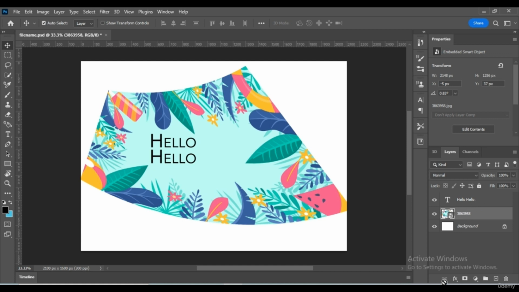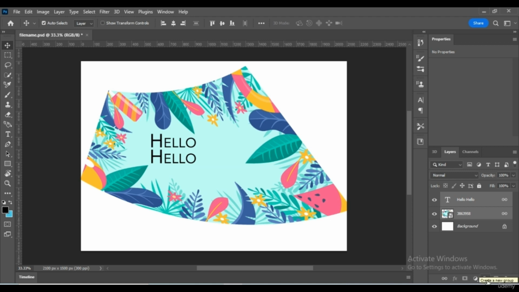This links layers, two layers or more, by pressing the shift on your keyboard, clicking two layers, and then we press this one so they are linked to each other. Layer mask is to make a veil on a certain layer. Create new fill or adjustment layer means that you set color values on a layer.